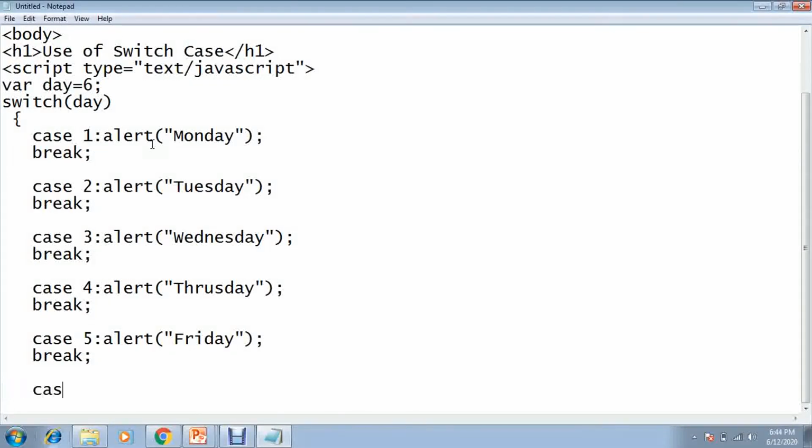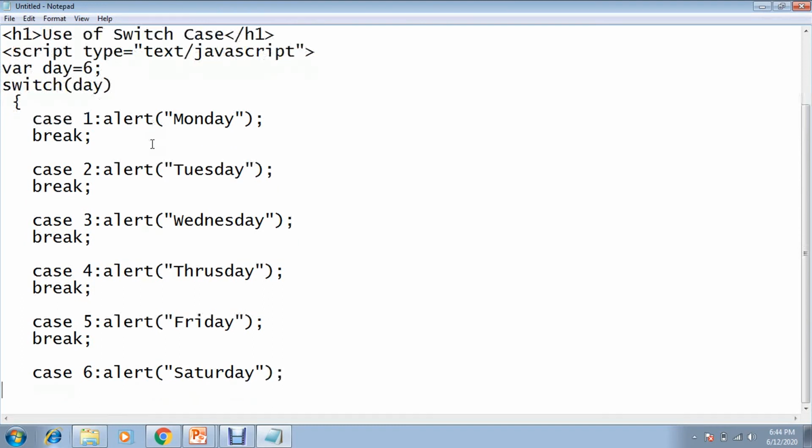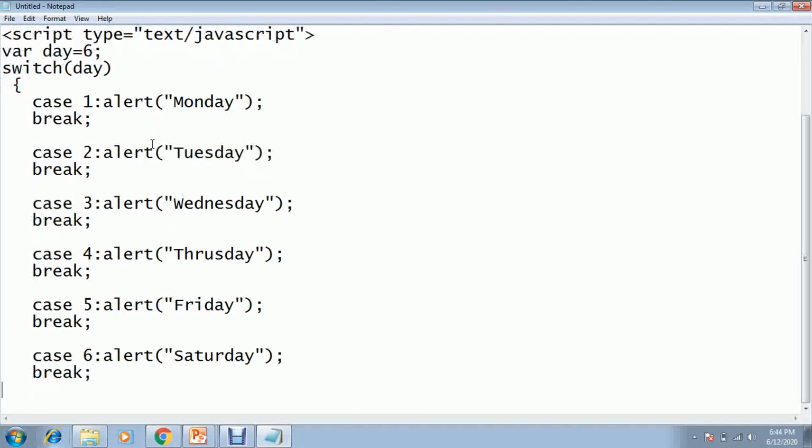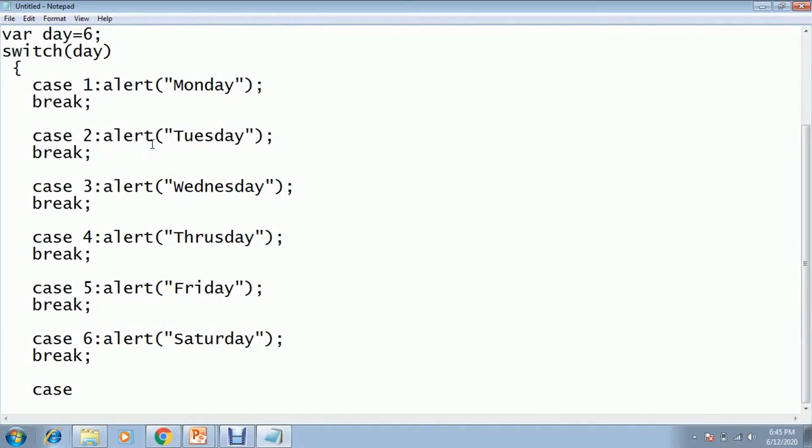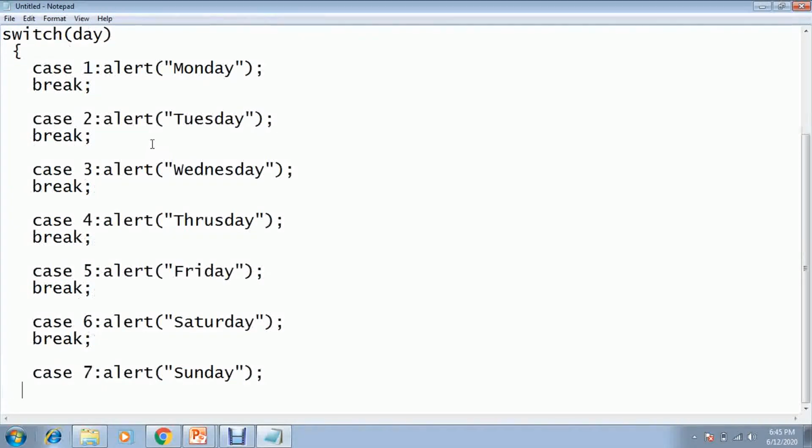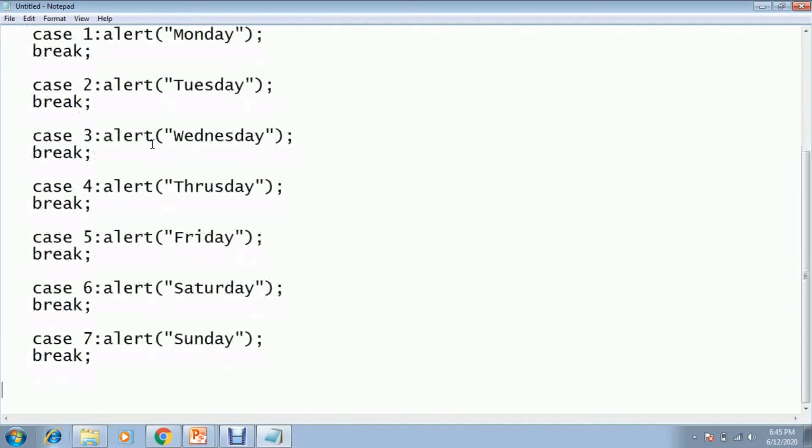Case 6, alert Saturday. Whatever you write in the double quotes will be printed. Break. Then case 7, alert Sunday, then break. And lastly we have the default.